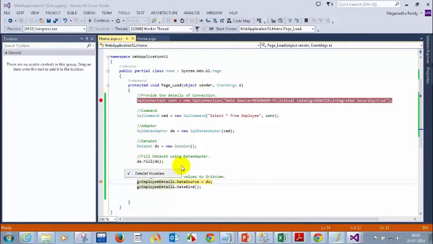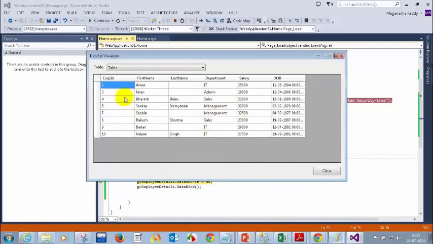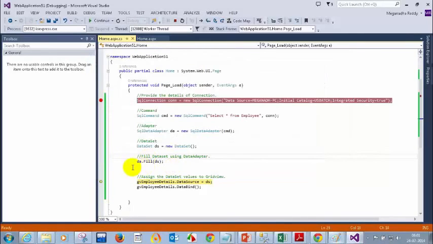See, now you can see here. If you want to see the value of this variable, you can just see it like this. But if you want to see the values of the data set, you need to click on this and select dataset visualizer. See, now these are the values which we are getting from the database. I repeat again, move your mouse to dataset, click on this small arrow, and select dataset visualizer.